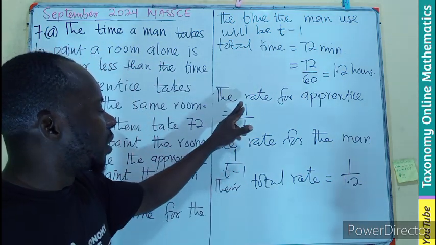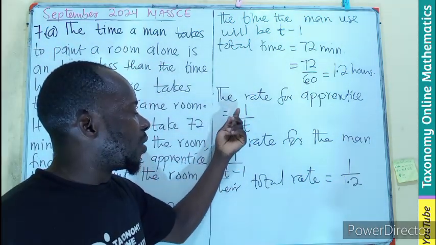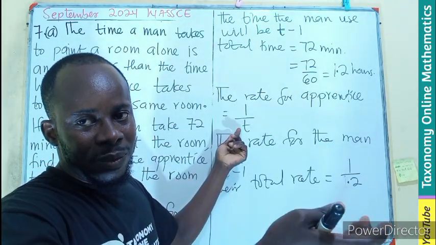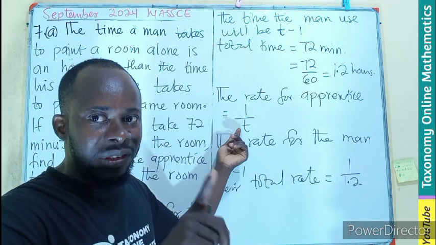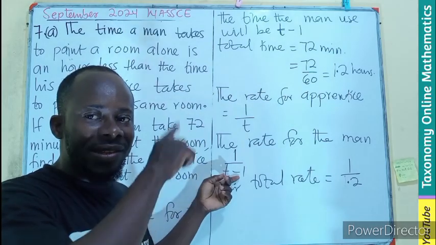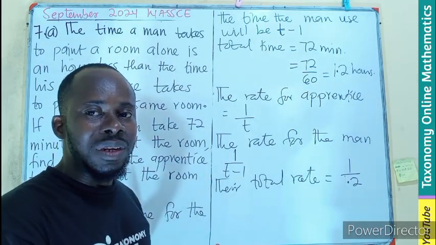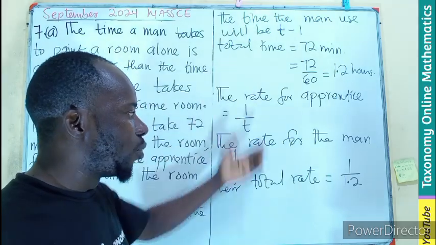This person is using one room in a certain hour. We can't tell the hour, that is why we are using t. Here, if we know t, then t minus 1 will give us the hour the man will be using. So in this case, we can put all together